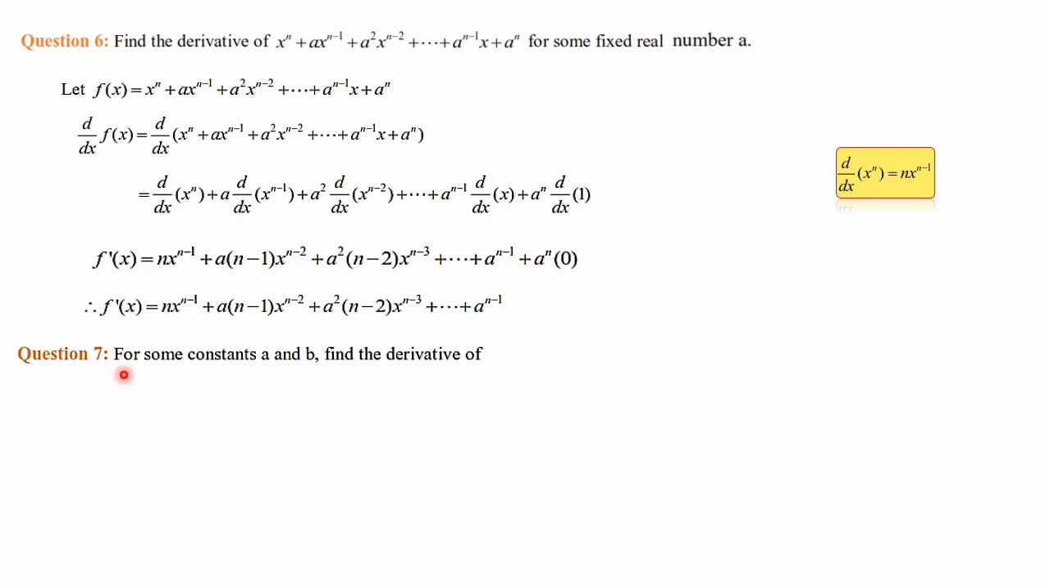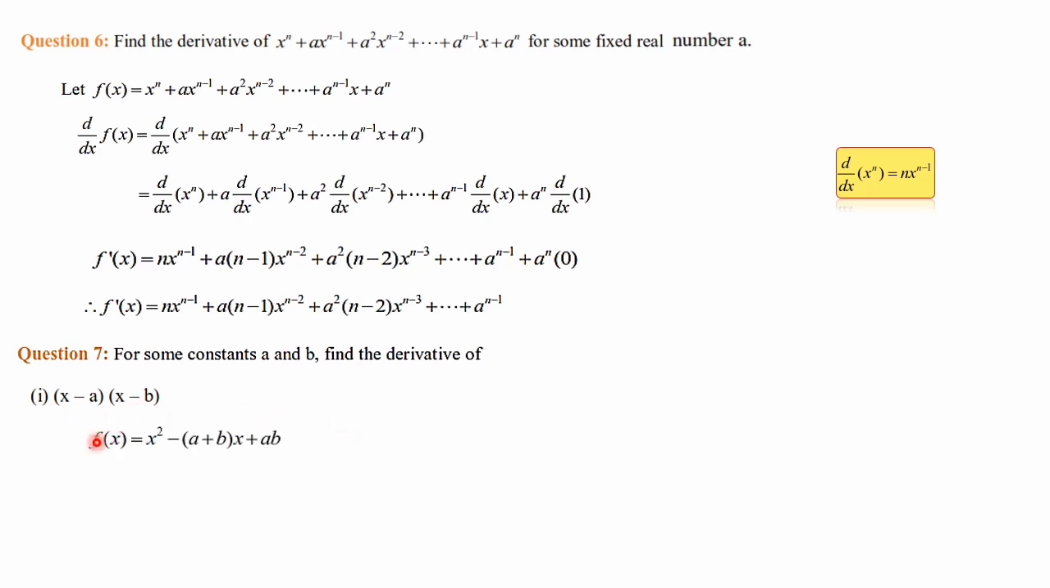Next is question number 7. For some constants a and b, find the derivative of first one, x minus a into x minus b. This is a formula we have learned in the smaller classes, x minus a into x minus b. So either you can expand or remove the bracket and write it in order form, or else you can directly